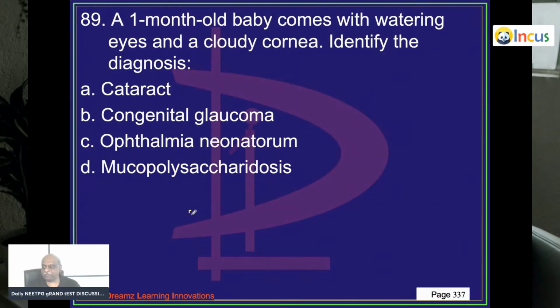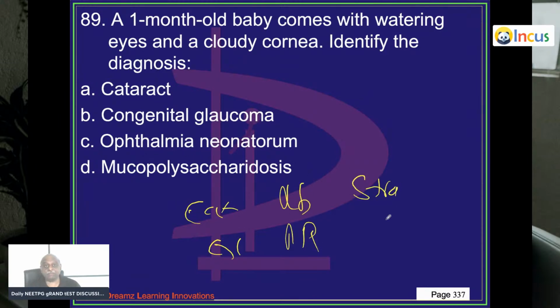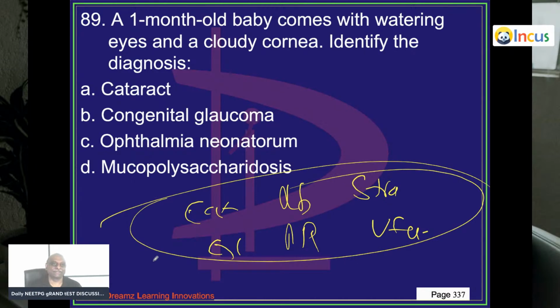Once more, in ophthalmology: cataract, glaucoma, retinoblastoma, retinitis pigmentosa. One question on strabismus, one on visual field defects. Like that you can count. One question on amblyopia. So please go by pattern instead of